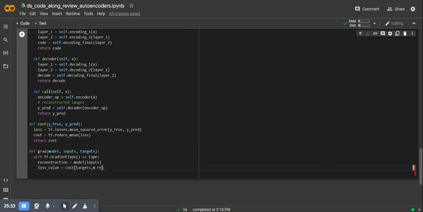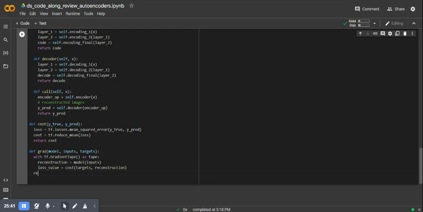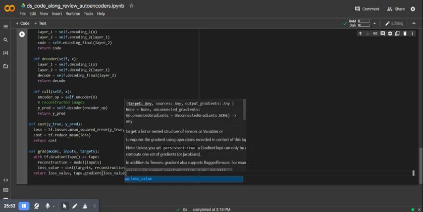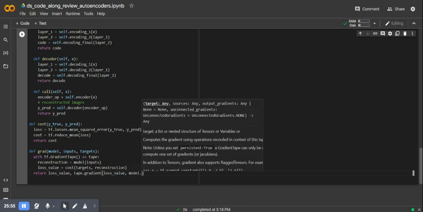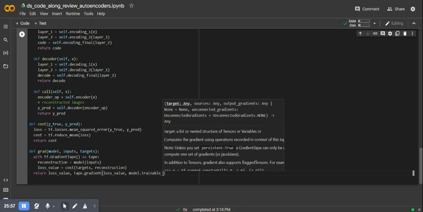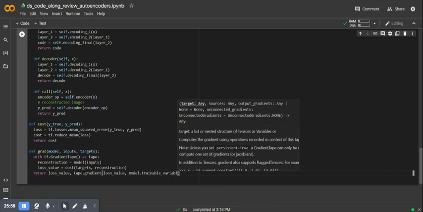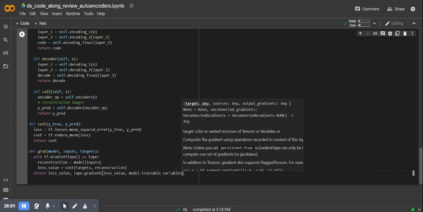I'll take the targets and reconstruction. And what that is going to return is the loss value, tape.gradient(loss_value, model.trainable_variables), and then